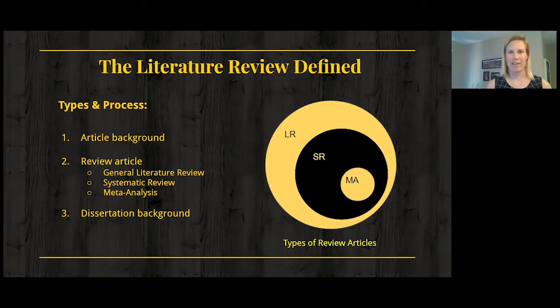It's very quantitative. They use numbers and statistics and percentages. So if you like numbers, meta-analysis might be for you. I have a diagram off to the right-hand side here that helps visualize this. Everything that we just talked about is considered a literature review, but a systematic review is a specific kind of literature review. It synthesizes a bit more and tells you what it means. And a meta-analysis is a kind of systematic review. It tells you what it means, but it does so with numbers. So these are all the same concept. It's more a matter of execution and how it's done.